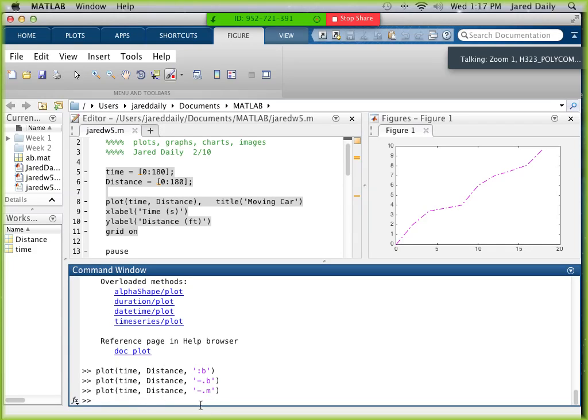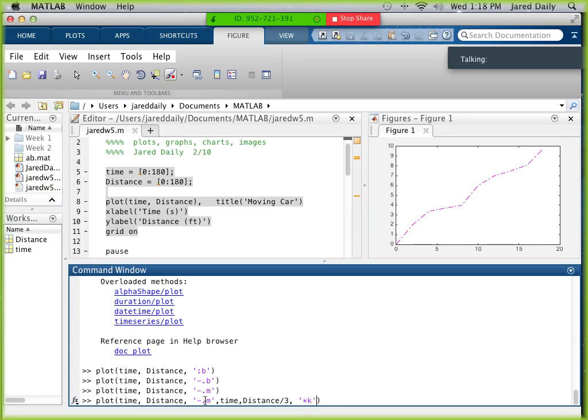And if you have multiple plots, then after you put in multiple plots, you put in, for example, if I wanted to plot time versus distance, and then I wanted to plot time versus distance divided by 3, or something like this, right? Then I could also put another comma in here and put in this, and let's say I didn't want a line graph, let's say I wanted stars. So I could put in stars, and then I wanted them to be black, I put in a K, and